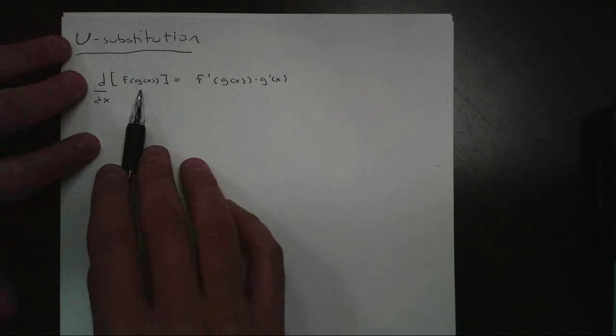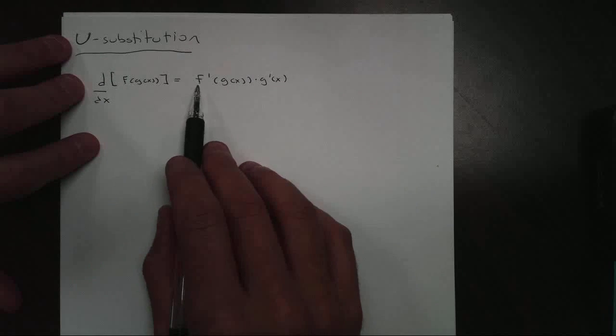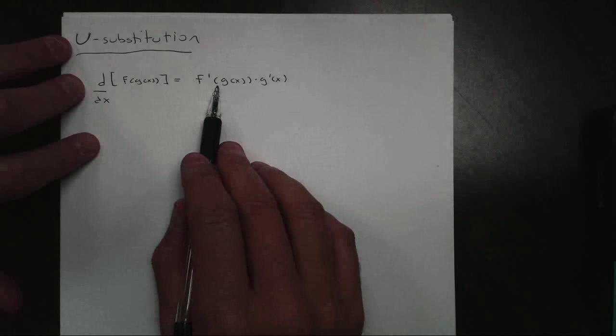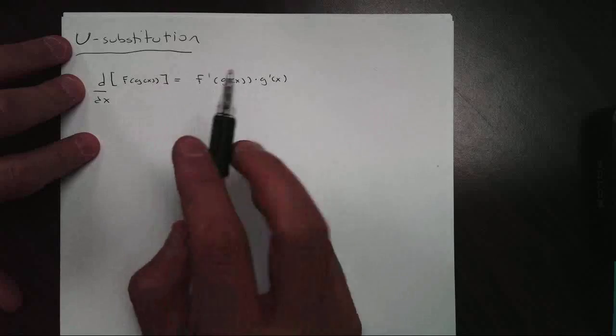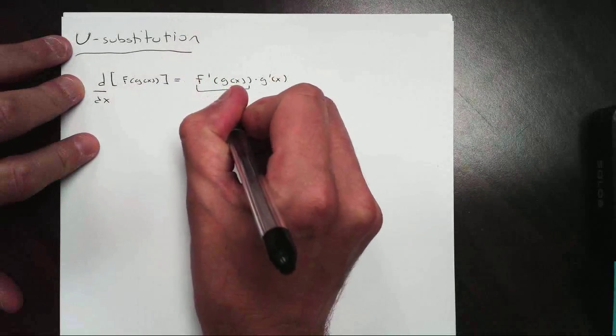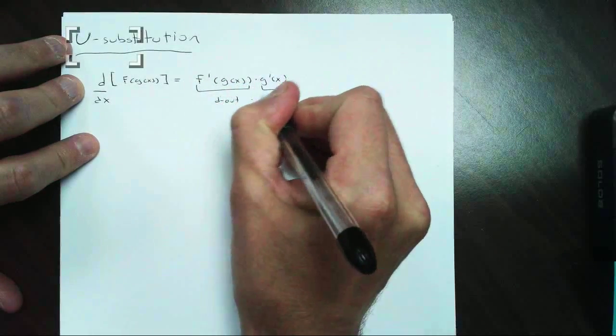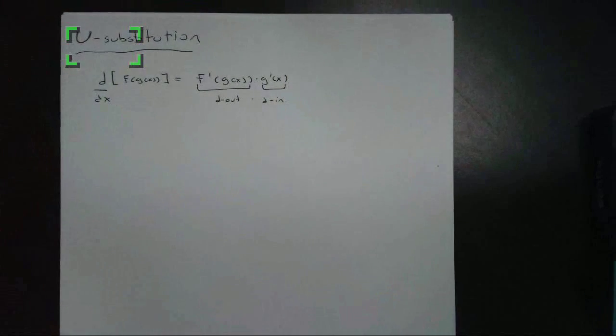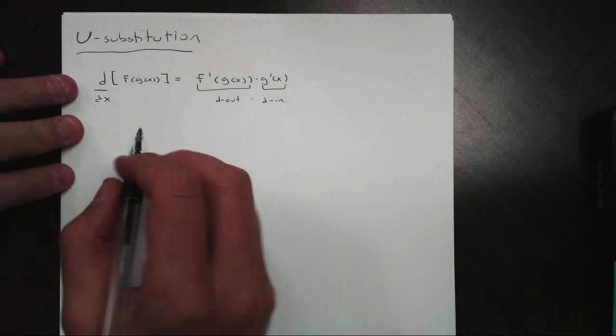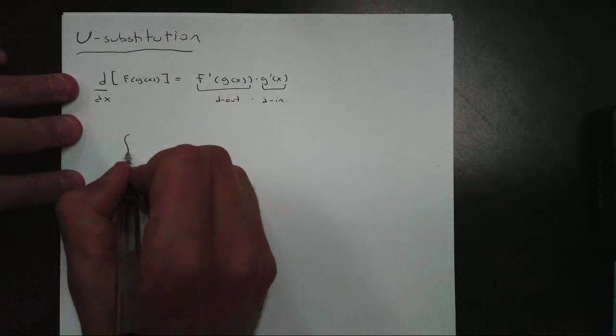Chain rule says if we have f of g of x, then the derivative becomes f prime of g of x times the derivative of g of x. In other words, the derivative of the outside times the derivative of the inside. So very easy to do. Now, U substitution basically goes in reverse: we start with the derivative, and we're going to take